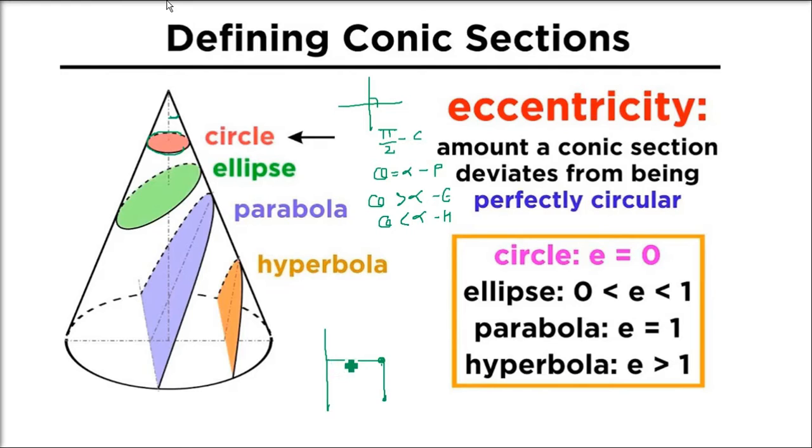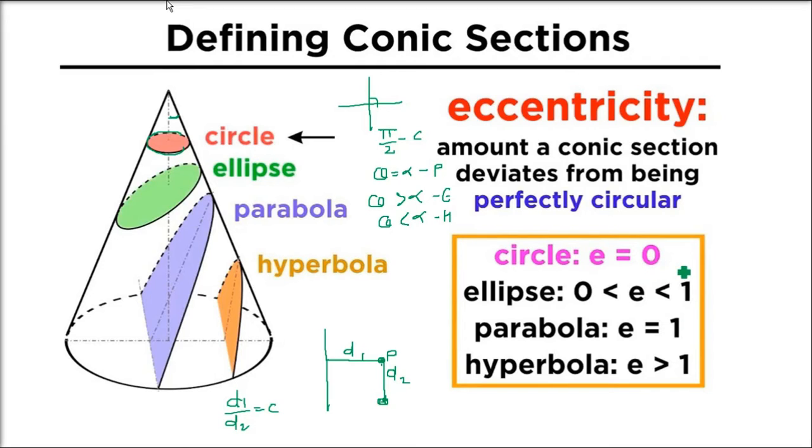So the point has a distance from a point and a distance from a line. Please remember, if you take the ratio of these two distances, it will always be constant. That is, d1, the distance from the line, divided by the distance from the point, or you can take it the other way. This ratio is called the eccentricity.